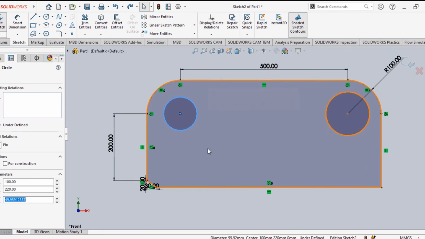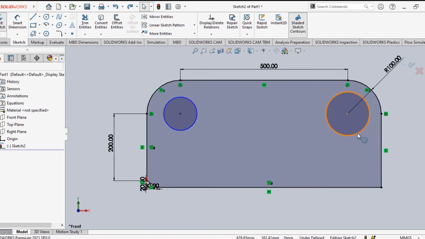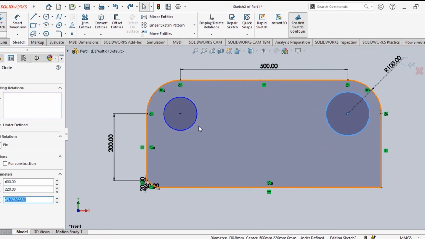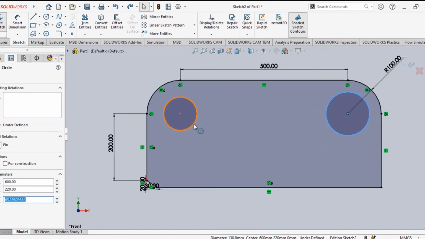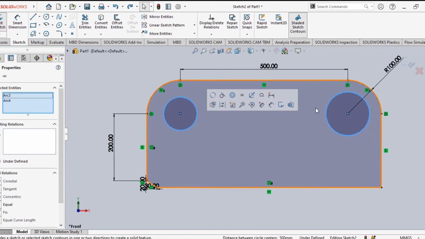So for selecting two different things together, suppose you need multiple objects to be selected, in that case you have to hold the Control key on your keyboard. If you hold Control, you can select multiple objects together. I'll show it again. Suppose you want to select two lines, first select this line, then hold Control from your keyboard and select the other. Then only two different things can be selected at the same time. Now see, both the circles are selected.